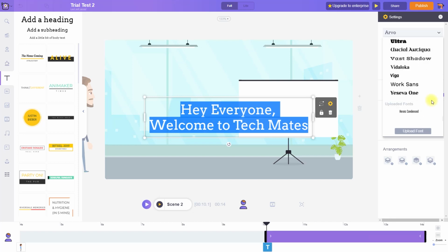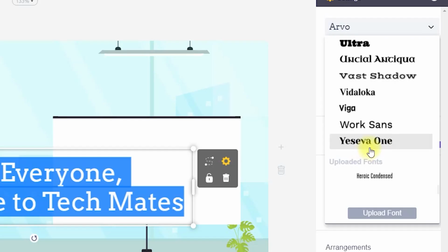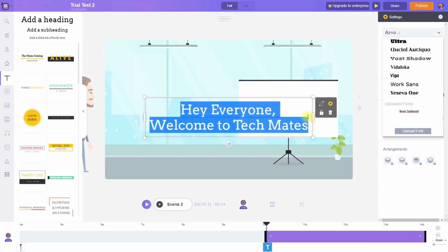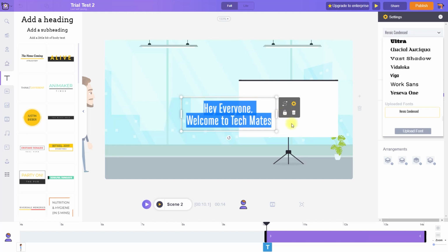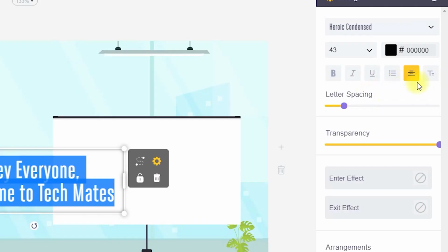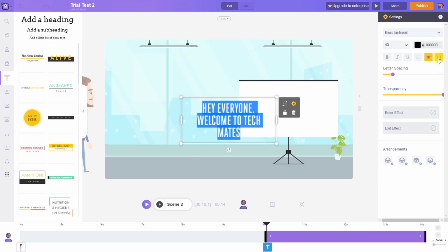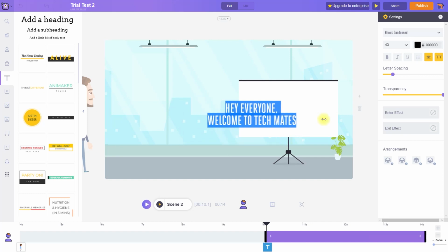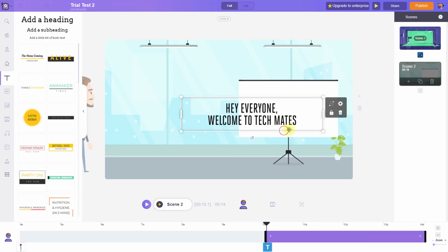I tried uploading my font, but some of them were not getting uploaded properly, but one of them got uploaded. So this one is here, Heroic Condensed. You can see it looks really good. One of the options that I really like in the text formatting, which is not available in most video editors, is this one, which is a toggle that lets you directly switch from lowercase to uppercase and other formatting options as well. So yeah, you can see this one. I really like the uppercase. So let's move this onto the screen.